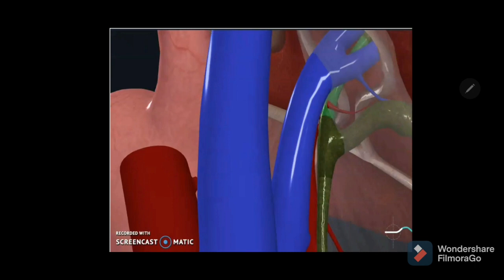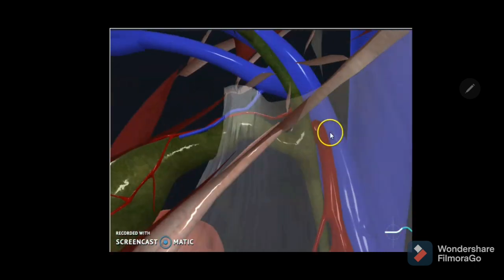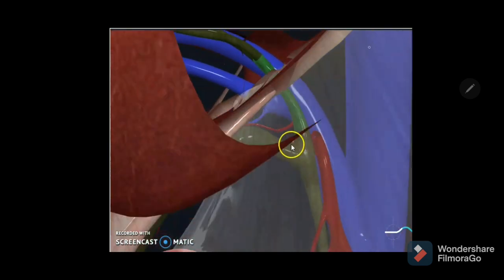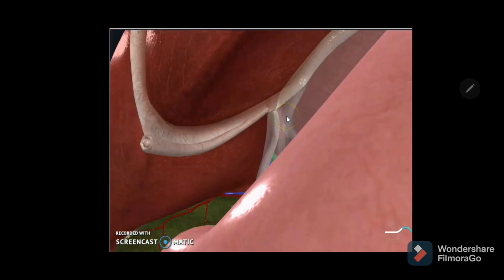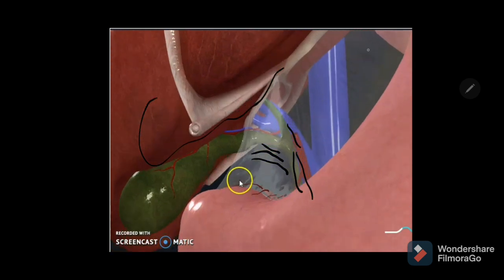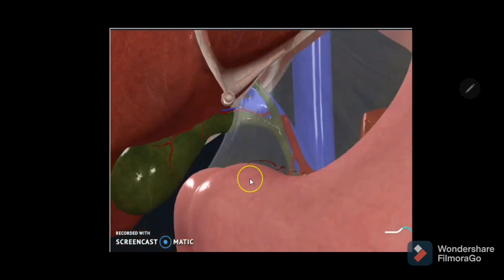and sorry, to the left the hepatic artery, that is the common hepatic duct. Again, if you notice here, that is the common hepatic duct. You are seeing it lies anterior to the portal vein here, the hepatic artery to the left, cystic duct to the right, and anteriorly the undersurface of the liver. So those are the relations of the common hepatic duct that you are observing in this animation here.